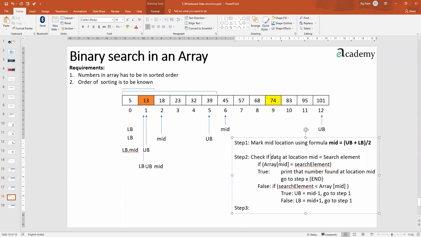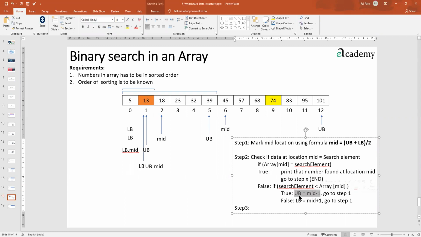If that 13 was there, then we would have got it and we would have printed it. But if it is a 12, then what will happen? You will check, is it equal to the search element? No. So you will come here and say, is the search element, which is 12, less than array mid? Array mid is what? 13. And 12 is less. So it will say, okay, go to the true part and do this particular activity.